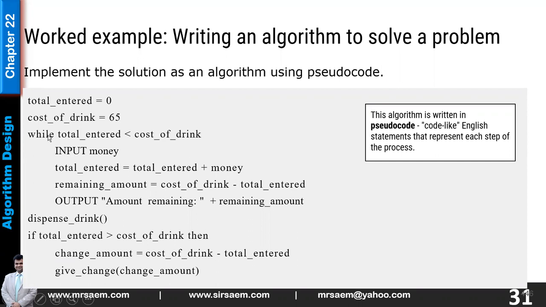We can use a while loop over here. While the total entered is less than the cost of drink. As long as this statement holds, we need to input money, obviously. Until I put in the full amount, we will keep on doing it. Okay. So while total entered is less than cost of drink, input money. Total entered is equal to total entered plus